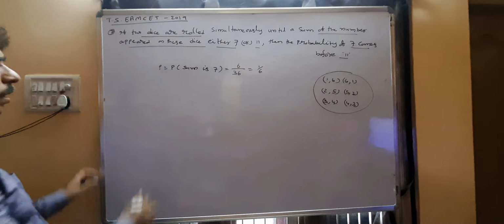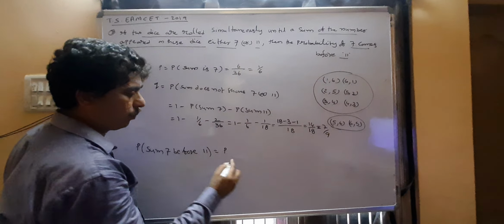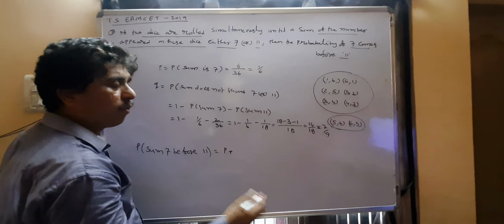If 2 dice are thrown at a time, suppose the first time he gets the sum 7 before 11. Or the first time he does not get it, meaning neither side shows 7 nor 11, that means he failed. Next he gets the sum 7. Or first time he loses, second time loses, third time wins. Third time win means the probability of success, that the sum is 7. Q is the probability of neither die showing the sum 7 or 11. This is the first time, this is the second time, this is the third time.